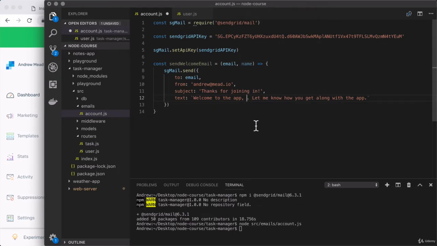To do that in a template string, that is the $, curly braces, and in here, we can reference name. Perfect. Now, it's important to note that we can only use this syntax in template strings with those backticks. You're not going to be able to do this with single or double quotes. Now that we have this in place, let's go ahead and export the function so it can actually be used